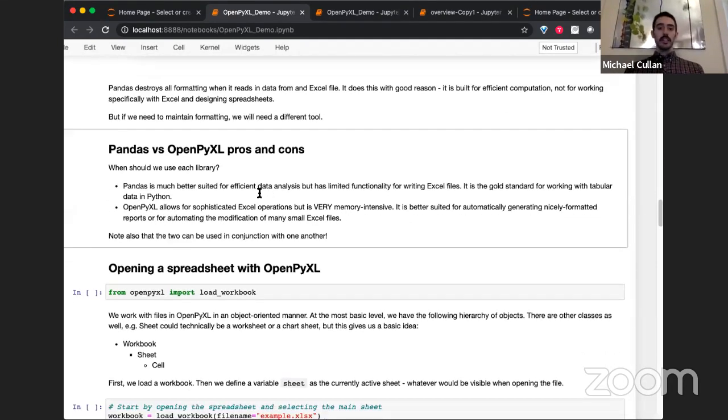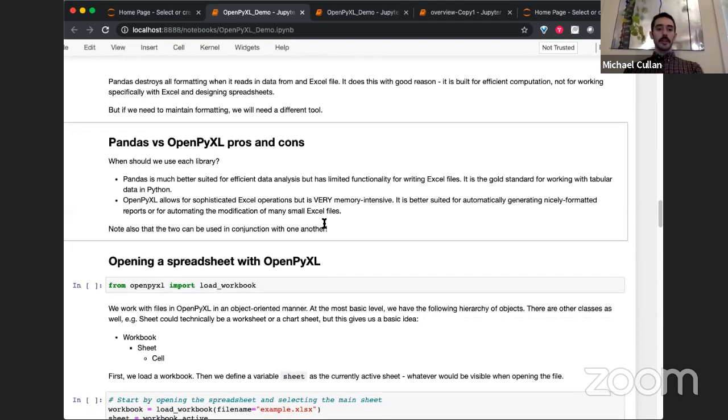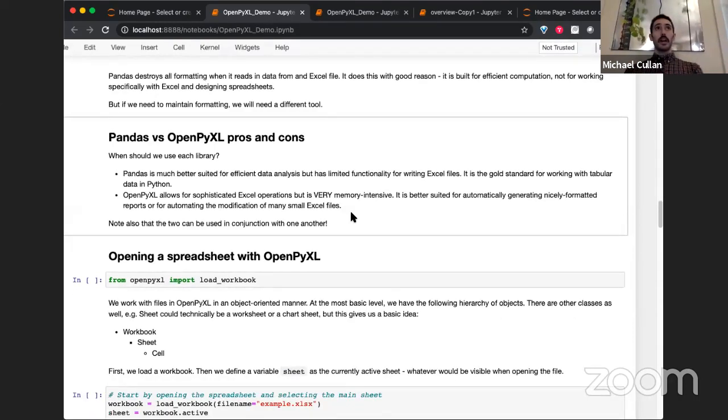That being said, OpenPyXL is very memory intensive. For instance, I think the documentation mentioned that even something as small as a 50 megabyte spreadsheet might use 2.5 gigabytes of memory when working in OpenPyXL, because it has to keep track of a lot of different data and metadata for